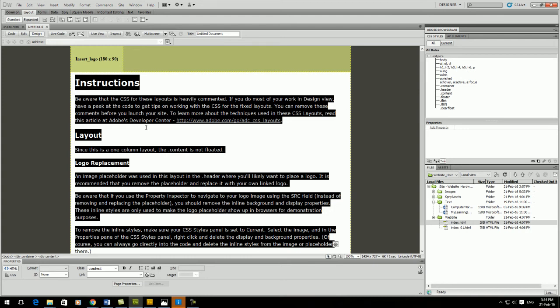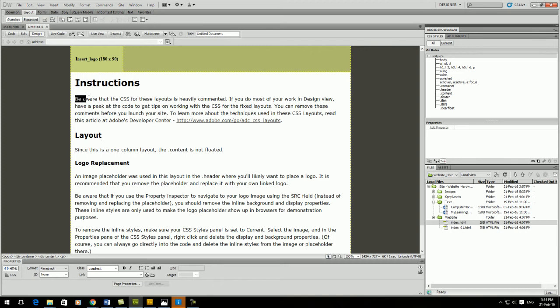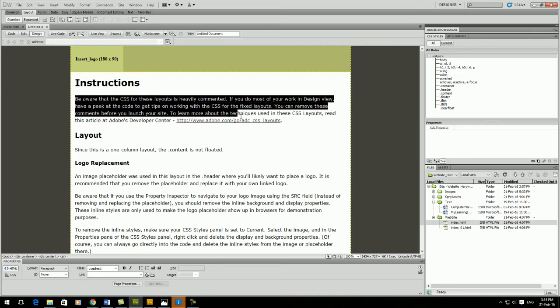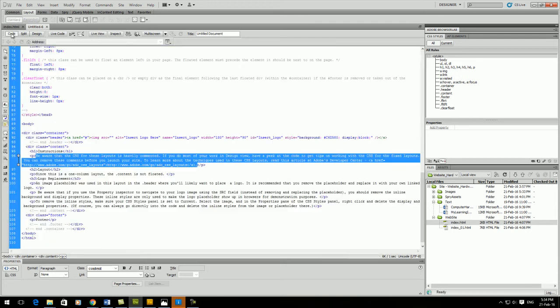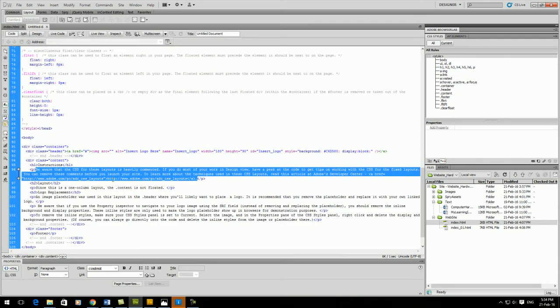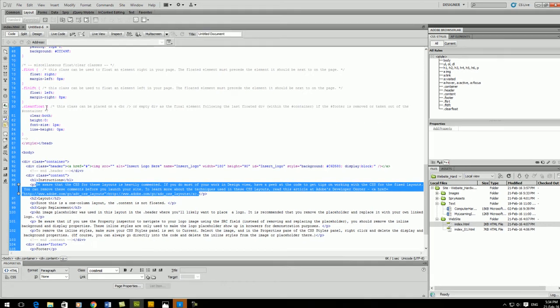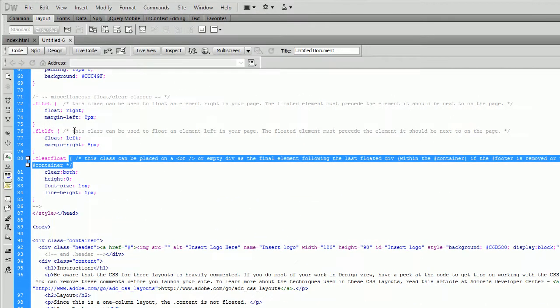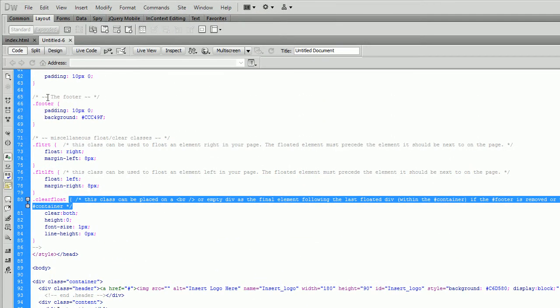Now, one of the great things about this is that if you switch view to code, for example, you can see they have the CSS all commented for you. So it can give you an idea as to how and what you want to change or alter so that it fits your house style. So if I go back to design view,